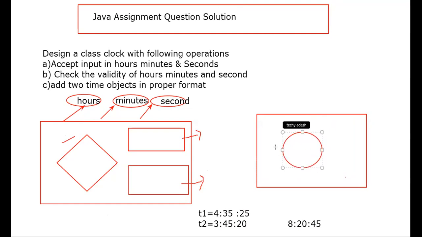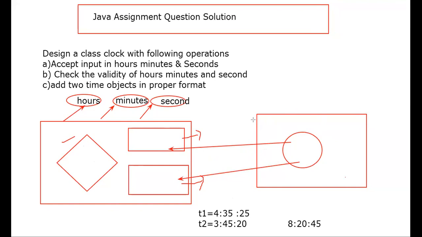Suppose this is the main function, and from this main function we will call these functions, right? How will we call these functions? First of all, we need to create the object of this class, right? So this is basically the structure of what we are trying to do in this program. So first of all, I tried to explain the concept of this program, and now we will switch back to the window where I will actually write the program.